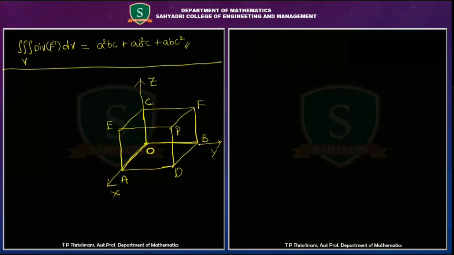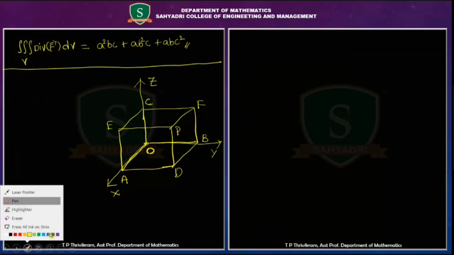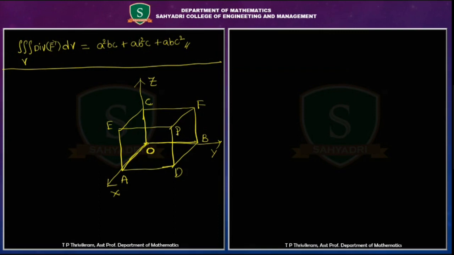Now, we need to check what the unit vectors along the axes are. Unit vector along y-axis is J, along x-axis it is I, along z-axis it is K. These are the unit vectors along these axes: I cap, J cap, K cap. These play a very important role in finding the integration of